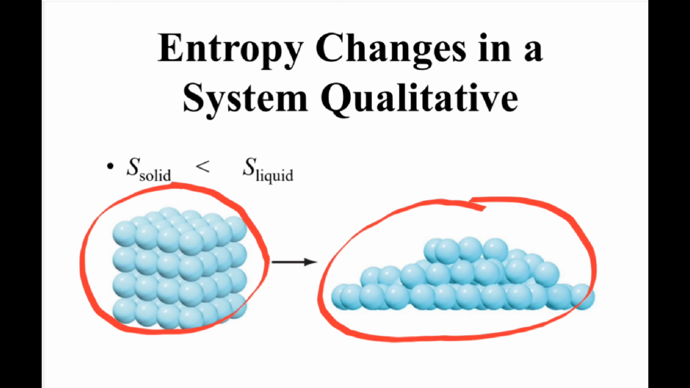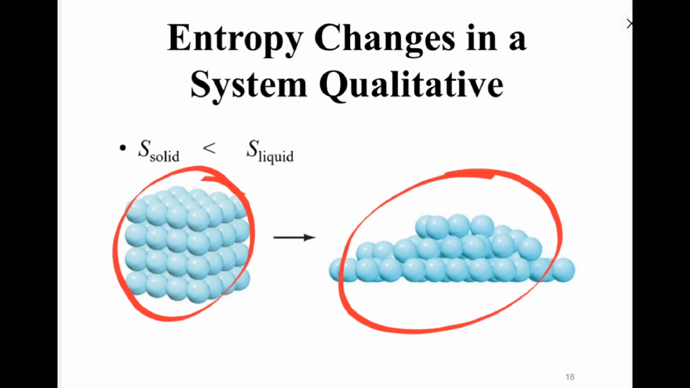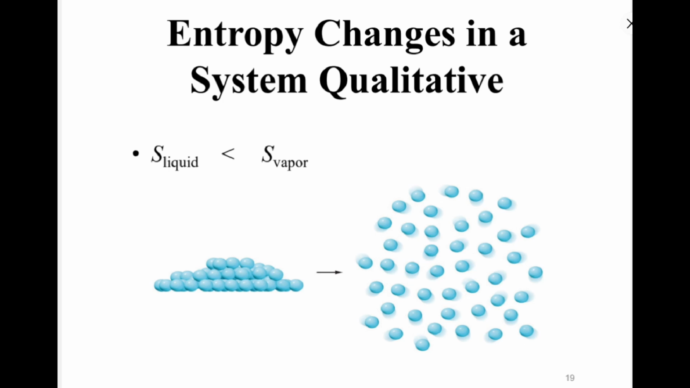Okay, because of this the entropy of the solid is lower than that of the liquids. በዚህ ምክንያት በሶሊድ ስቴት ያሉ ፓርቲክሎች በጣም የተቀራረቡ ናቸው። ስለዚህ ፓርቲክሎቹ ኦርደርድ ናቸው። whereas በሊኩዊድ ስቴት ላይ ያሉ ፓርቲክሎች ግን የተቀራረቡ ናቸው። ስለዚህ less ordered ናቸው ማለት ነው። የሊኩዊድ ኢንትሮፒ ከሶሊድ አንጻር ጋር ስናወዳድረው liquids have higher entropy than solids ማለት ነው።